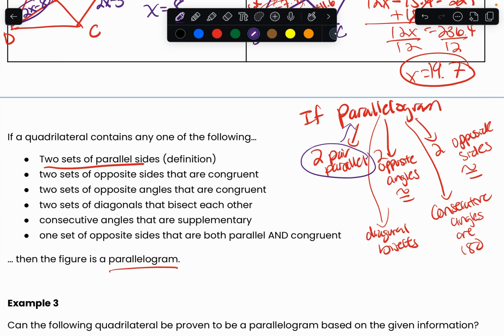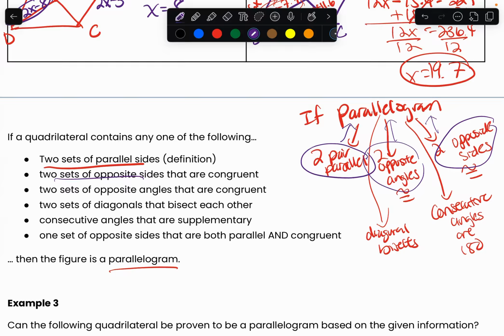Well, it says if a quadrilateral has two sets of opposite sides that are congruent, then it's going to be a parallelogram. If you look at yesterday, it's quite similar. Yesterday we said if we have a parallelogram, we have two opposite sides. Today we're saying if we have two opposite sides, then we have a parallelogram. So it's literally like the opposite. Same with the next one. If two sets of opposite angles are congruent, then it's going to be a parallelogram. Well, we have it right here. It's just backwards, right?